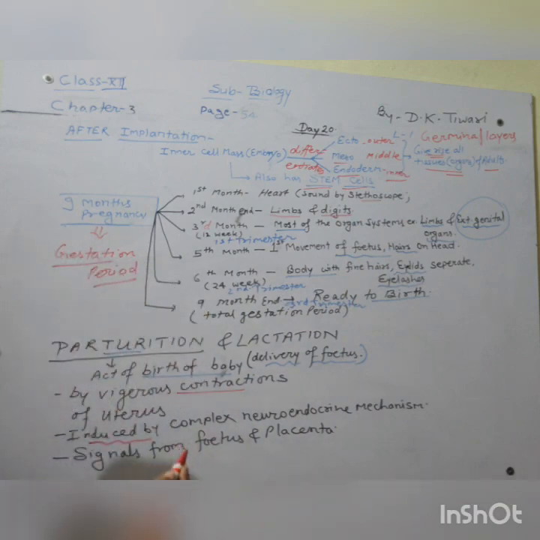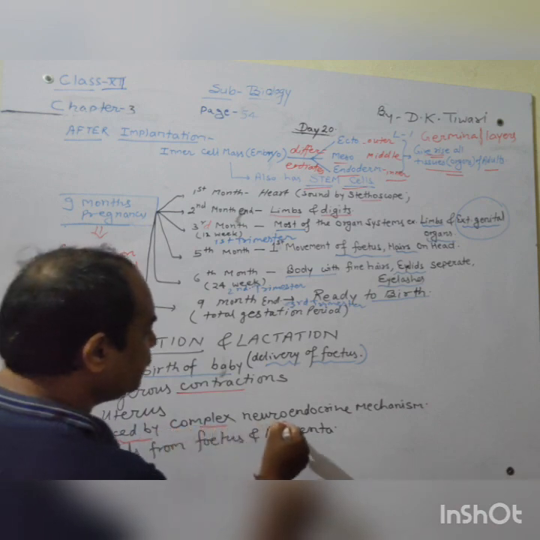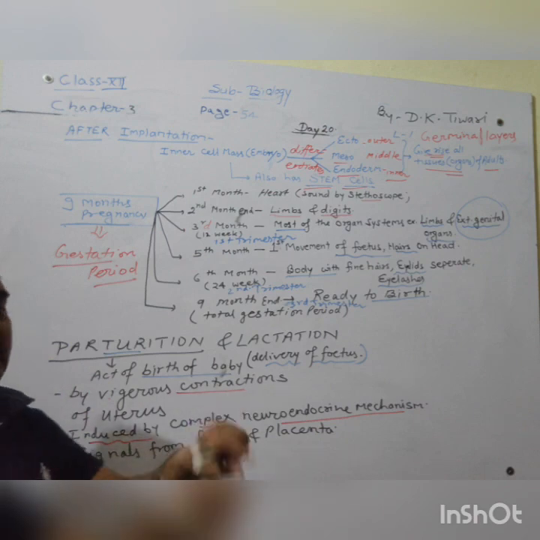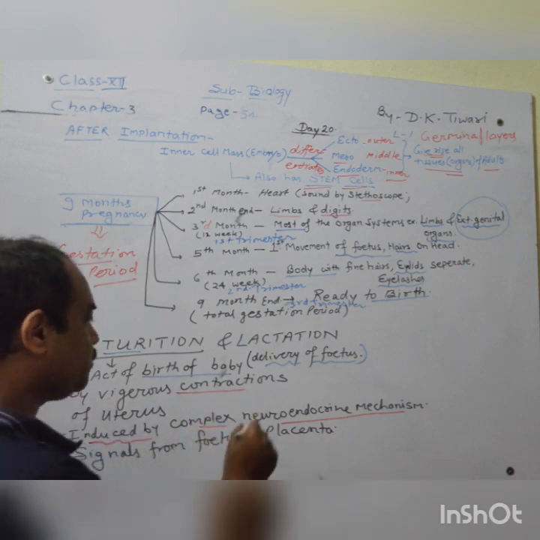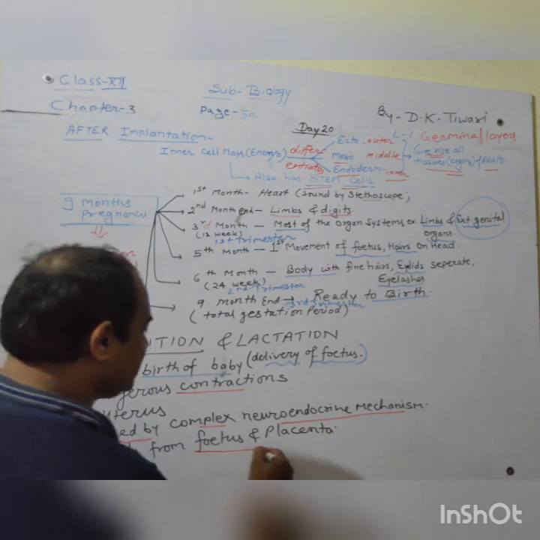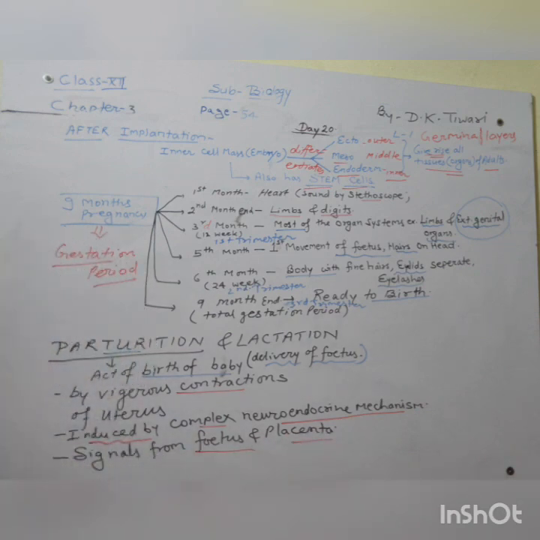other hormones are also required. But first of all, these are induced by a complex neuroendocrine mechanism, that is, hormonal as well as nervous system support. So the neuroendocrine mechanism will give signals from the fetus and placenta, and the process will take place. Now we will see something more about parturition and lactation, and we will try to finish